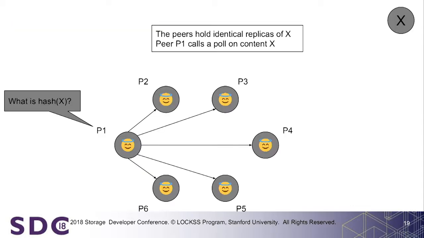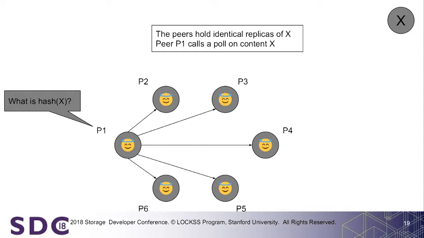Let's imagine 6 peers in this preservation network. I'm naming them P1 through P6, so 6 peers. Originally, they have a piece of content that I'm going to call X. In many applications, this would be just an object, but in the particular applications that libraries care about,